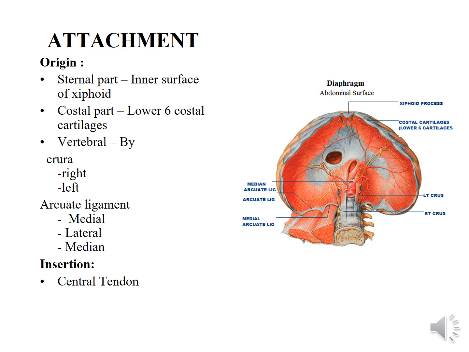Number one, from a pair of crura, right and left. The right crus, as we can see in the diagram, is longer and more muscular. It arises from the front of the bodies and the intervertebral discs of the upper three lumbar vertebrae. Now, why is it more fleshy or more muscular? Because it has to do more work to displace the liver during inspiration. Whereas the left crus arises from the bodies of the upper two lumbar vertebrae only.